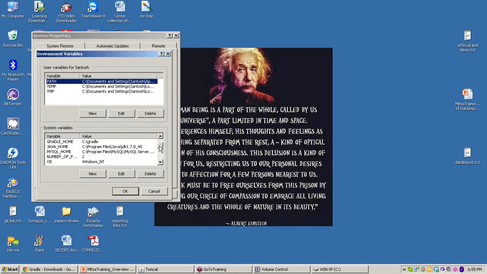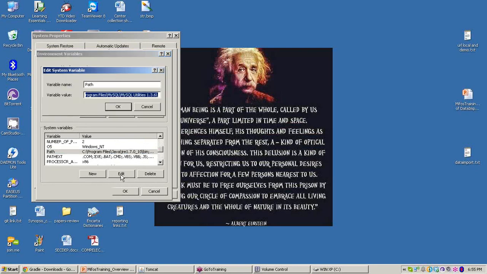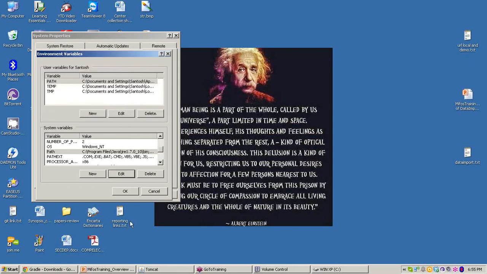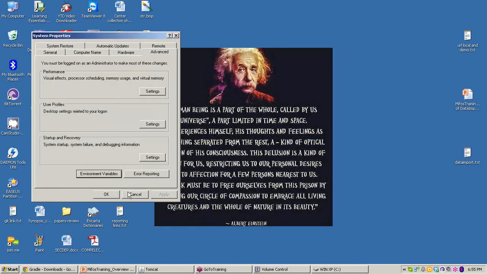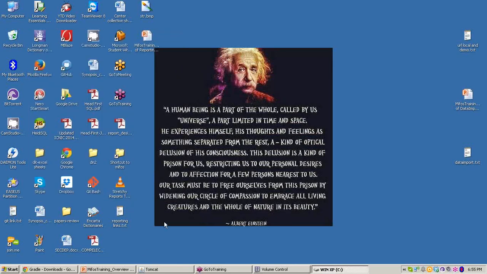Here there is a Path. Just edit it and set it. I have already done it. See here, you can enter this information in the variable, that is C:\Gradle\bin. After setting it, just click on the OK button, and the Gradle setup is over.